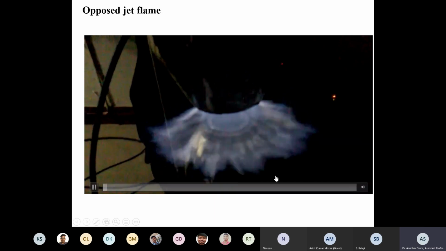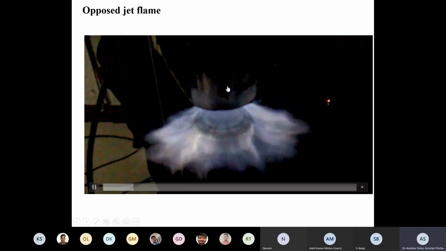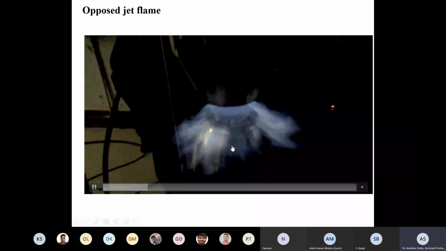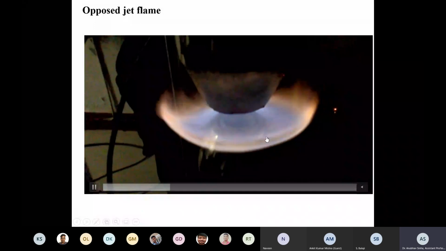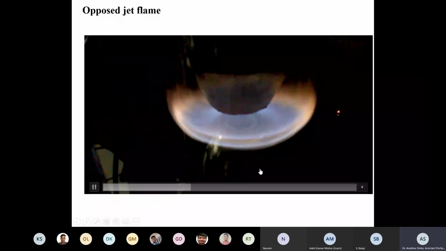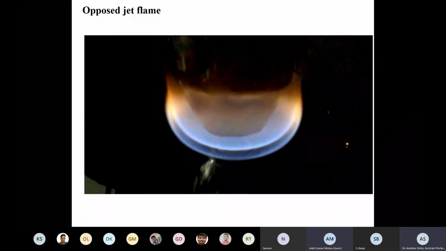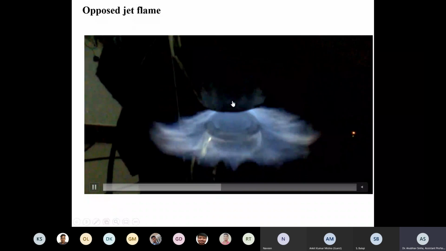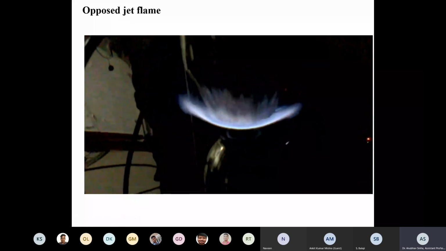It is actually very noisy. So suppose both the flows are not balanced, okay, so there is some issue. We'll get something like this. And if you increase the bottom flow, then you see how the flame structure is changing. Now the top is increased, so it is going down. If the bottom one is increased, it will go up. If both are balanced, you will get a perfectly nice flat flame.